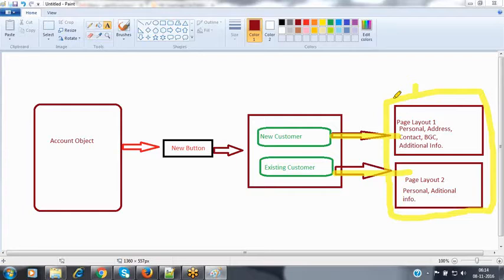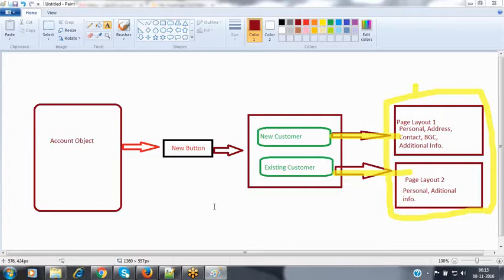Because I understand the record types, but when you are going through the page layout, for example, page layout is associated with the profile, right? You can associate a page layout with a profile. For example, I have page layout 1, I can associate it to profile 1. I have page layout 2, I can associate it to profile 2.